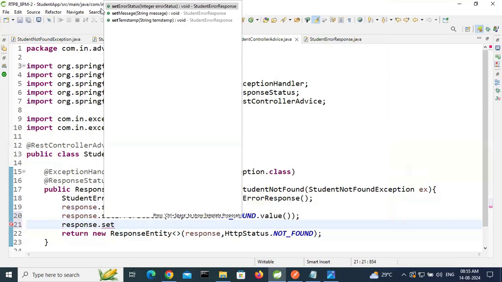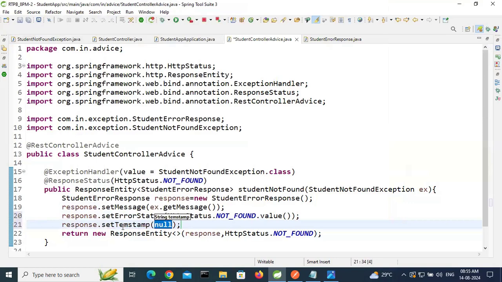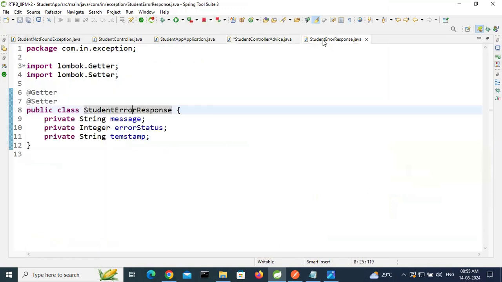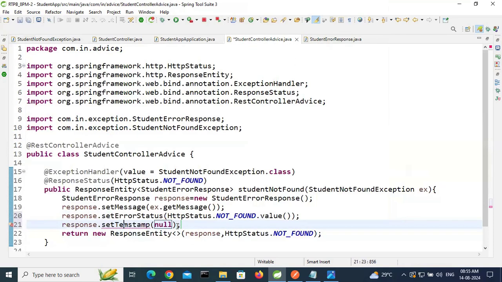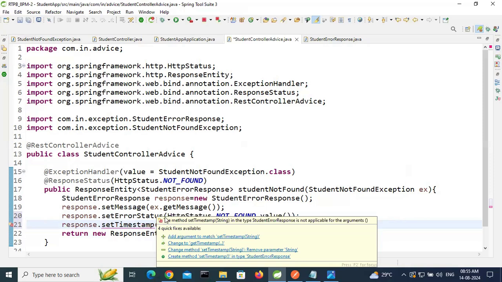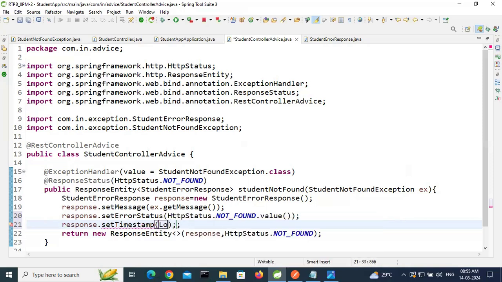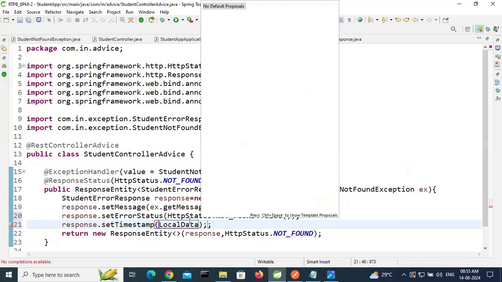response dot set timestamp. Here the spelling is wrong, go to timestamp, set timestamp. Go here, remove this timestamp. It is expecting a string, right, so add the local date and time. Here add local date and time,